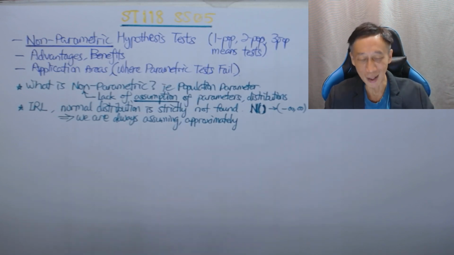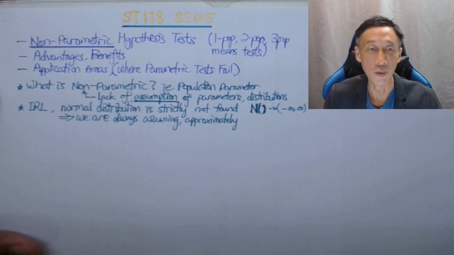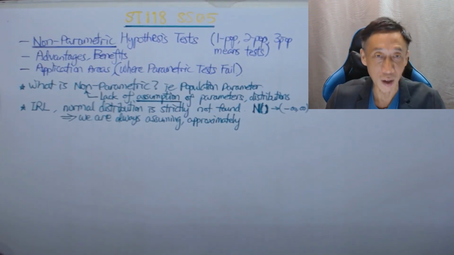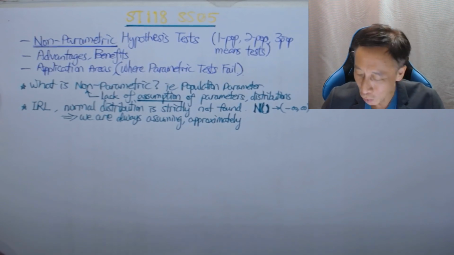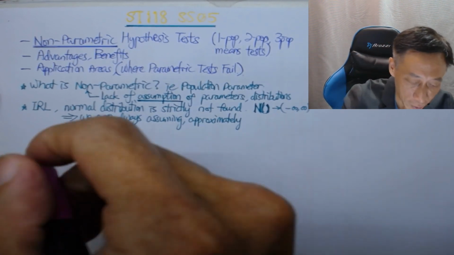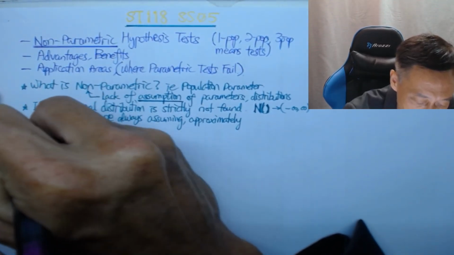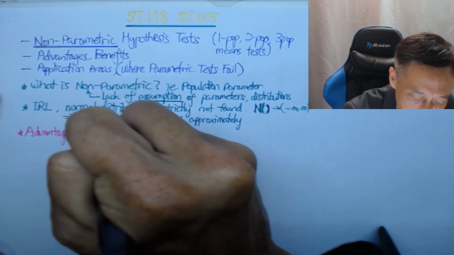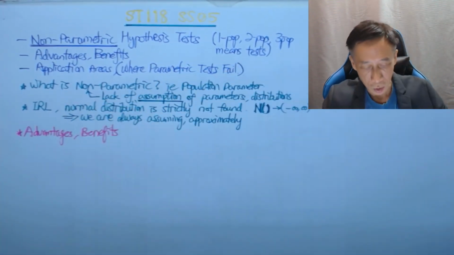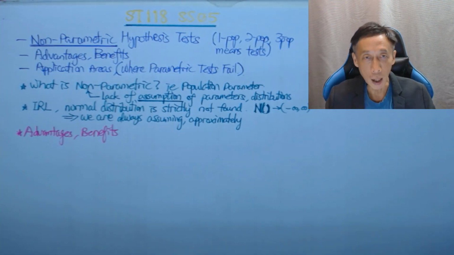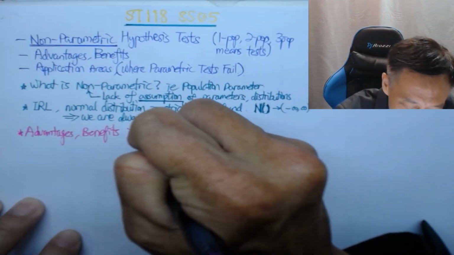So you've been learning parametric methods, and you do have a rich source of textbooks, exercises, and whatnot. But non-parametric methods are very useful. So here I'm going to do a bit of salesman talk to sell you the advantages. So let's talk about the advantages in using a non-parametric hypothesis test. So this advantage and benefits, it's not that you are using hypothesis test. It is in using,